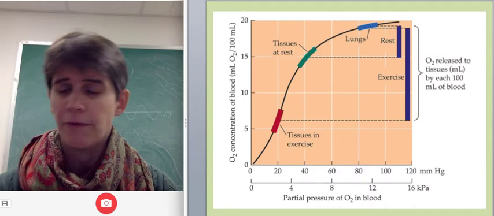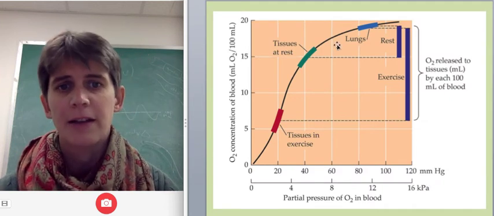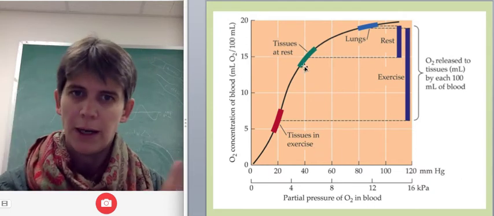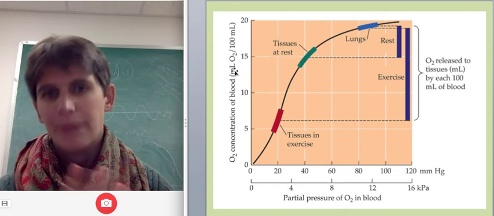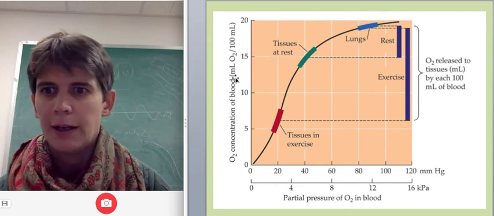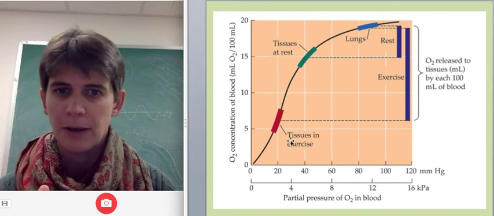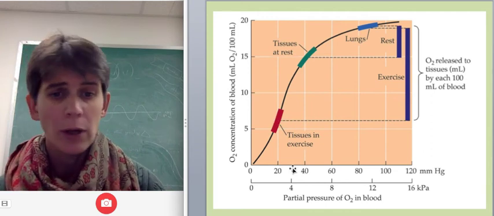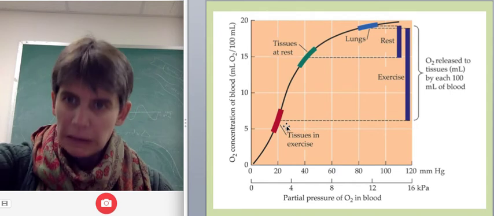And this figure from the other textbook that we showed in class shows exactly that thing, that a resting tissue will have more oxygen, it'll be further to the right, and therefore the hemoglobin saturation will be high. This y-axis is labeled a little idiosyncratically. Don't worry about the label. Imagine that this says hemoglobin saturation. And then tissues in exercise will have less partial pressure of oxygen in them, and hemoglobin will release its